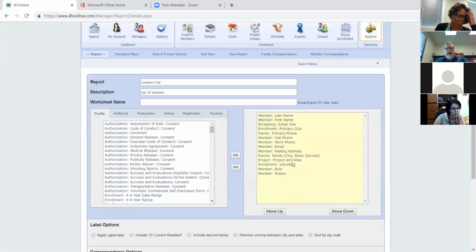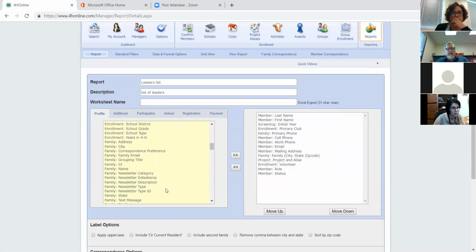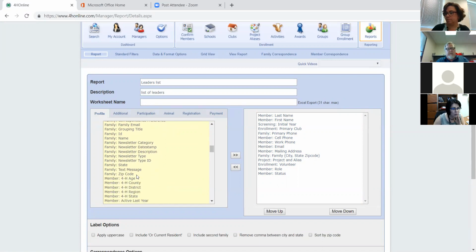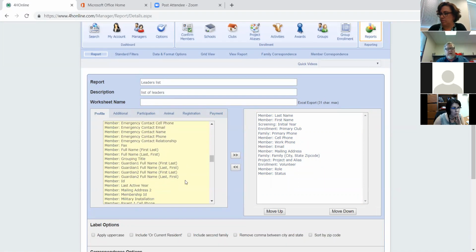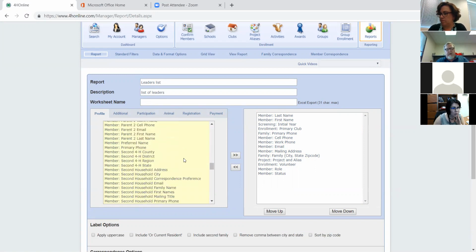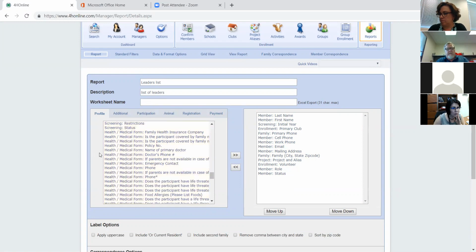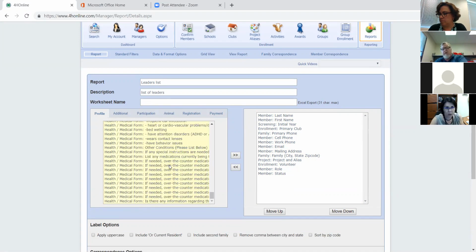Say I wanted to edit. As I said, it had their last names, their initial year, their primary club, their cell phone. You decide what's in there. Say you decide that among all of those other things, you want to put in which newspaper or newsletter category they're in. What was their last active year? Health form, anyone with a certain primary doctor. I don't know why you would do that, but the point is, any information here you can put into that